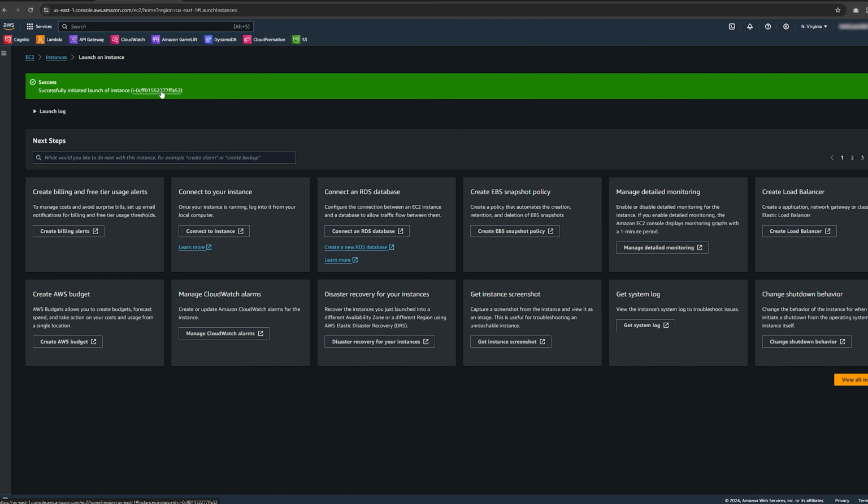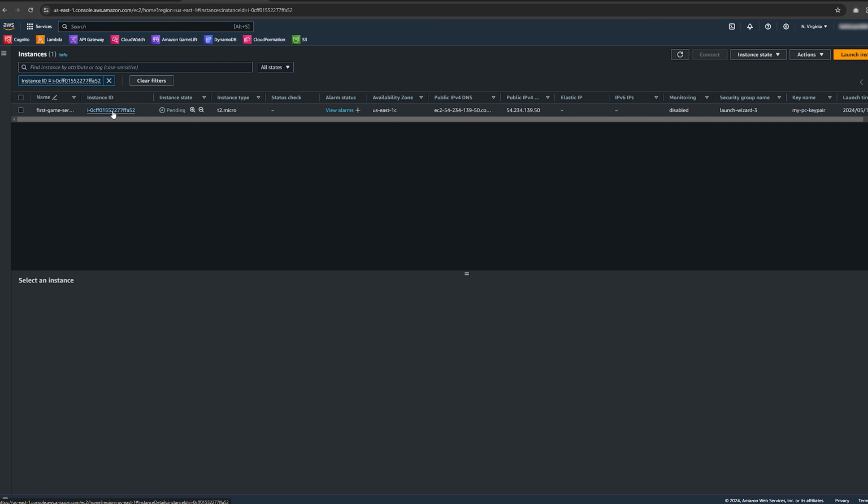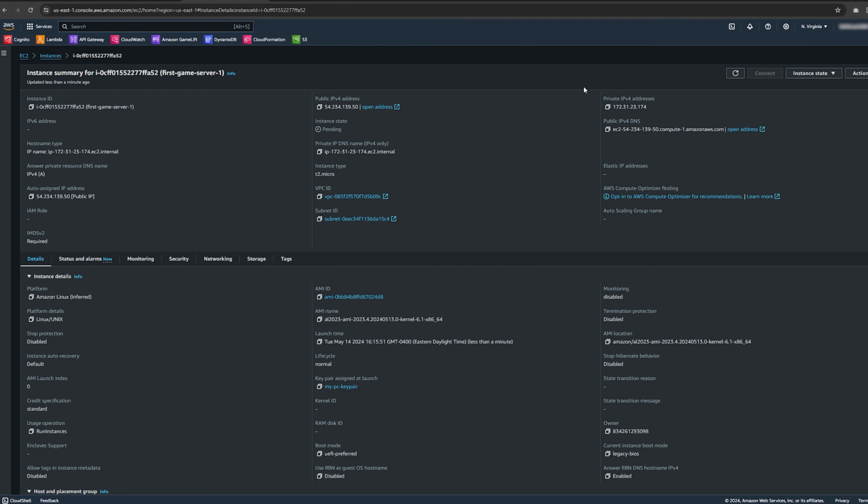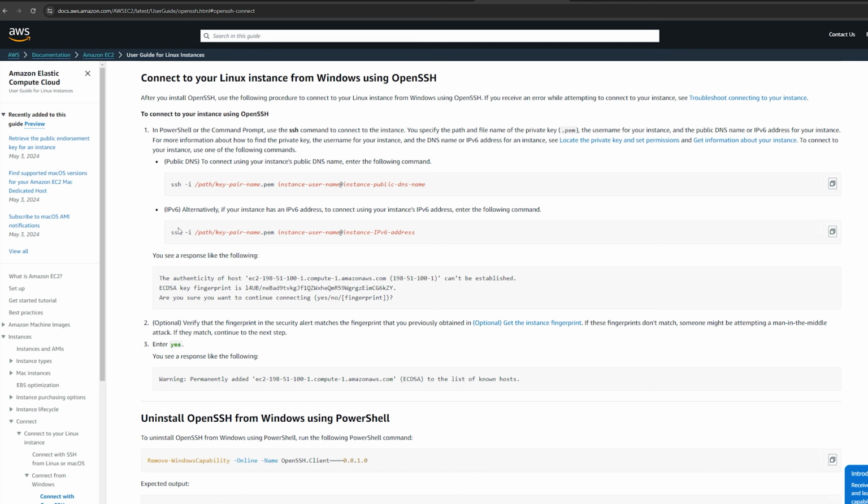Success! Awesome. Okay, so click on the instance link at the top and let's look at the details. So this is basically the metadata for the EC2 instance. And right now it's still in a pending state. It's not quite ready to connect to. If we take a look at the Amazon documentation, one really easy way to connect to that Linux server is